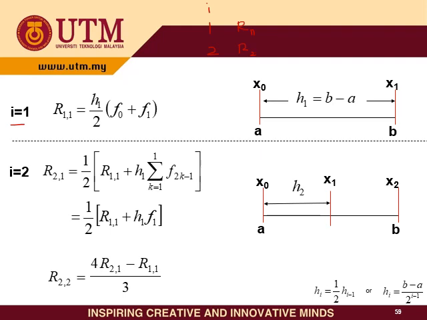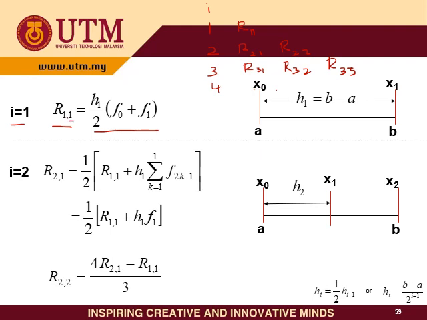R21, and then your R22. Then the third I: R31, R32, R33. The fourth one: R41, R42, R43, R44. Okay. So for the first I, this is the formula that you need to use, the trapezoidal rule, because